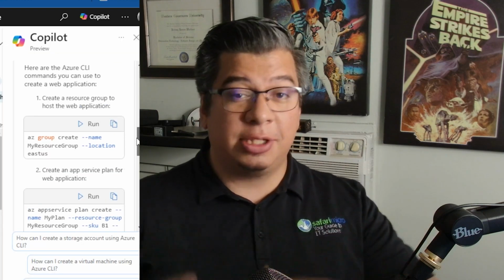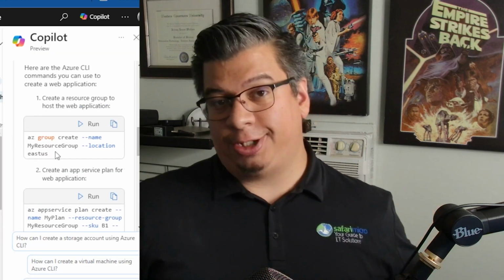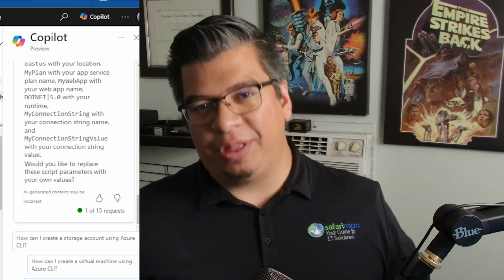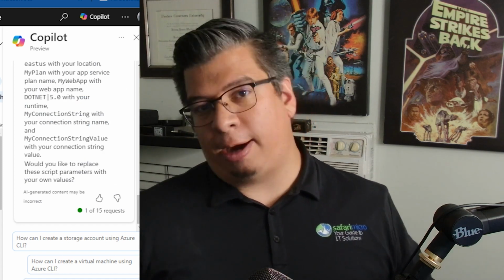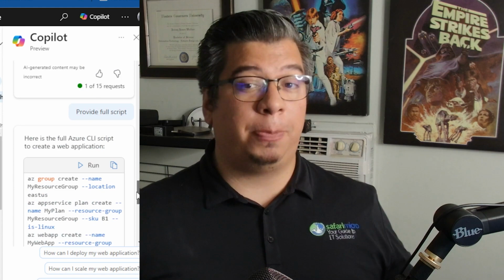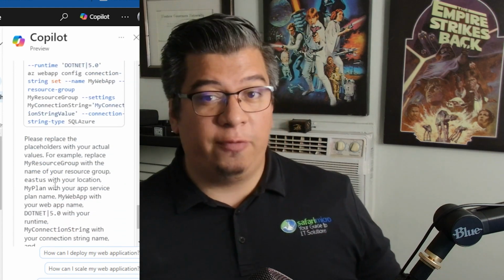Well, with Copilot for Azure, you can ask it to help you produce a script directly within the Azure tenant. It's aware of the context of the environment. It is very aware of all the cmdlets, whether it's Azure CLI or Azure PowerShell, that it needs to produce to be able to obtain certain functionalities. And so it can help you produce the script that you're looking for and even break it down in steps. It'll let you know what variables need to be replaced inside the script to make it functional for what you